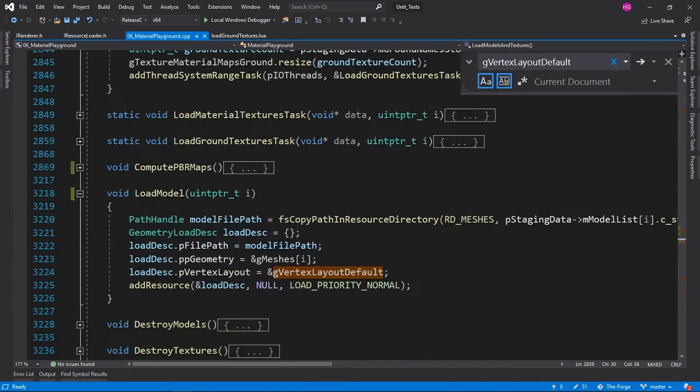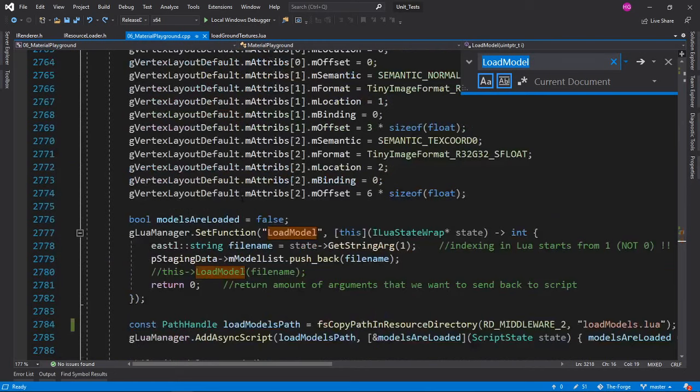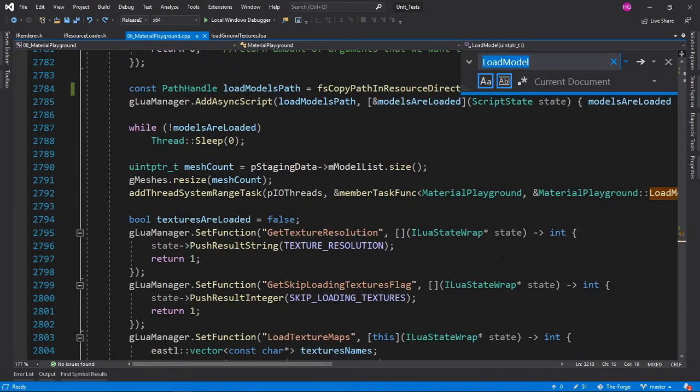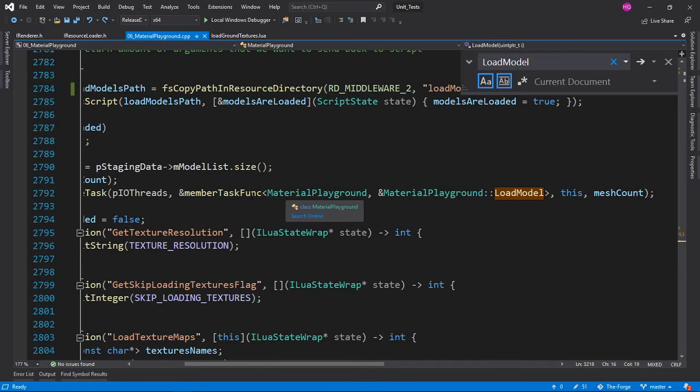I'm wondering where this load model function is called. It's called here. Is it called anywhere else at all? Yeah, it's called here. Ooh, look at this.